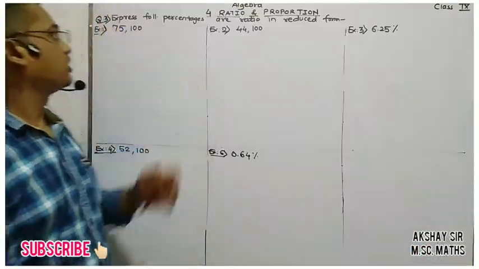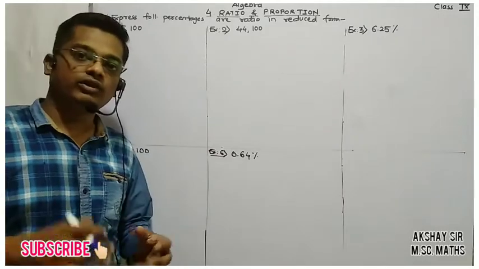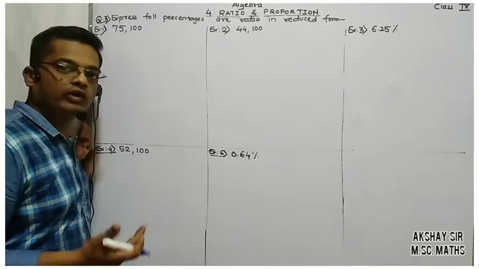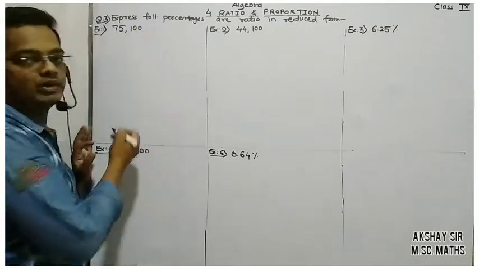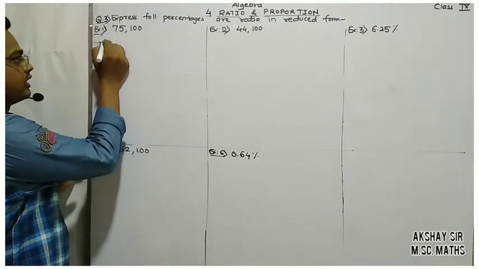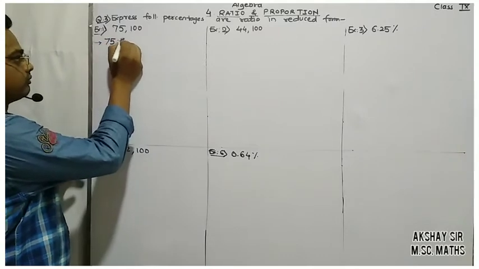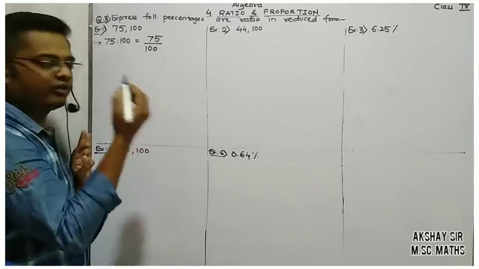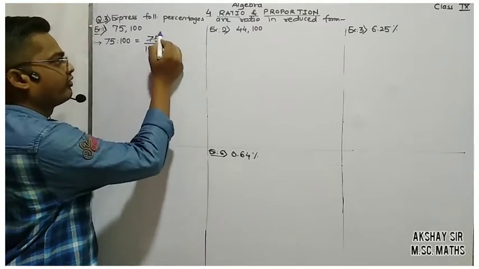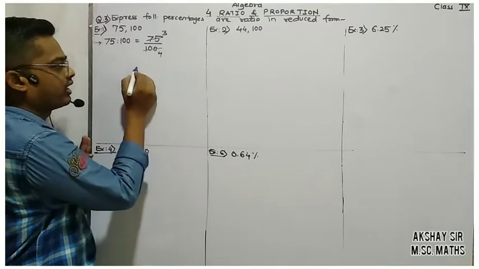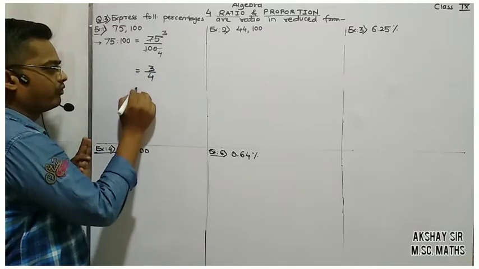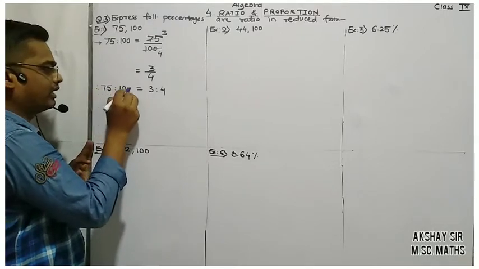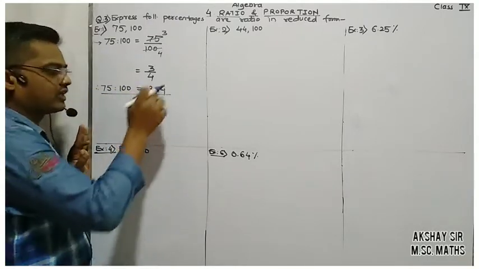Okay. Next, in question number 3, express the following percentages as a ratio in reduced form. So let us convert the percentages into reduced form. We all know that when the second quantity is 100, it is a percentage. So here we are going to consider the ratio again. 75 as to 100 in rational form is 75 upon 100, and we know that it is cancelable by 25. 25 3s are 75 and 25 4s are 100. So it can be written as 3 by 4 or 3 as to 4. So therefore 75 as to 100 in reduced form is 3 as to 4.